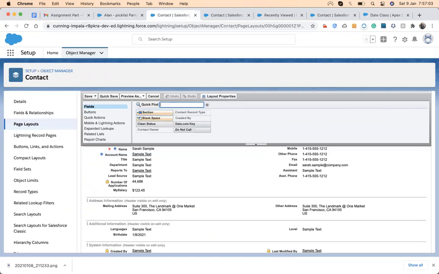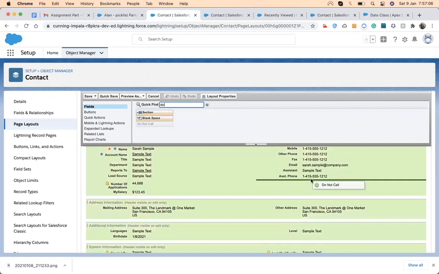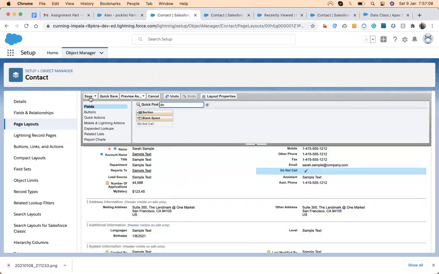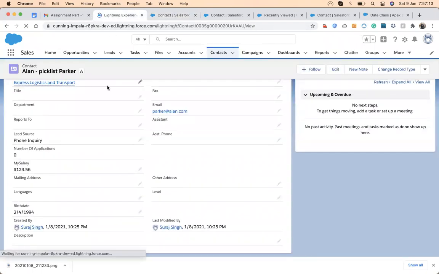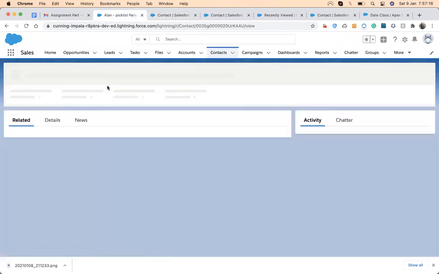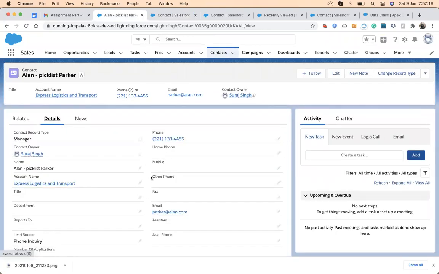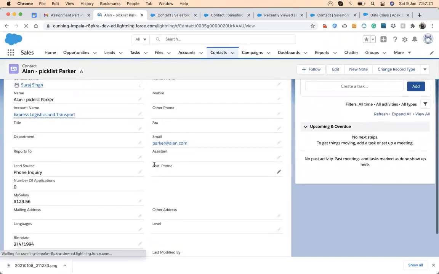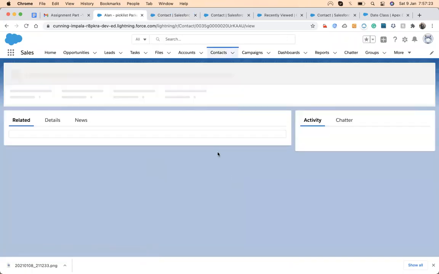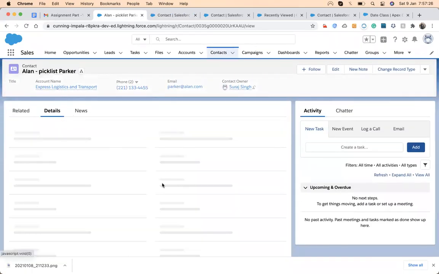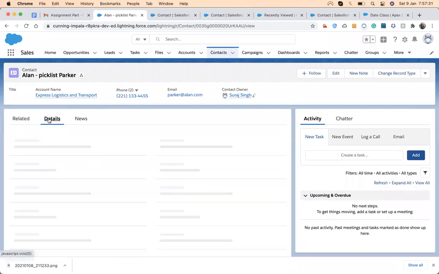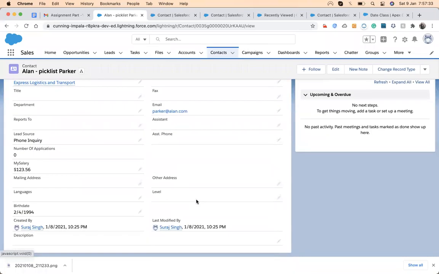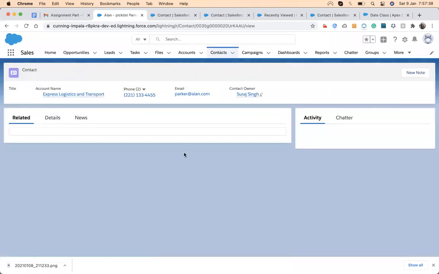So I'm adding it after the email, and then I save. And make sure it's populating. Okay, let me refresh one more time, else I need to log out and log in.